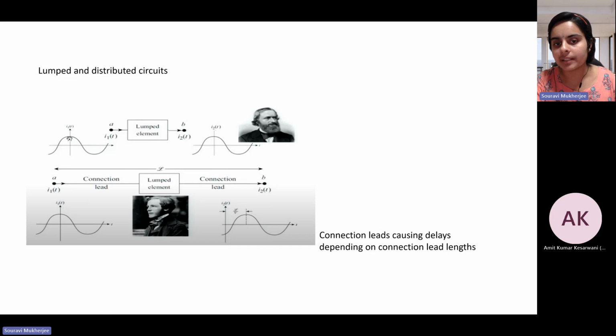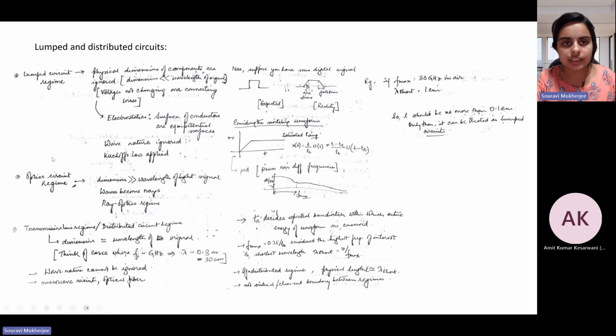and that depends on the dimensions of your connection leads. Okay. So if we think of the different regimes, there are these different kinds of regimes like the lumped circuit regime or the optics circuit regime or the transmission line regime, which we will discuss today. So what is the major difference between all of this is,